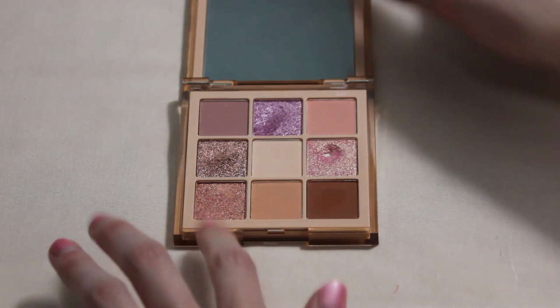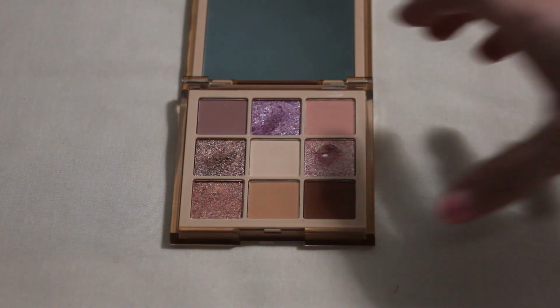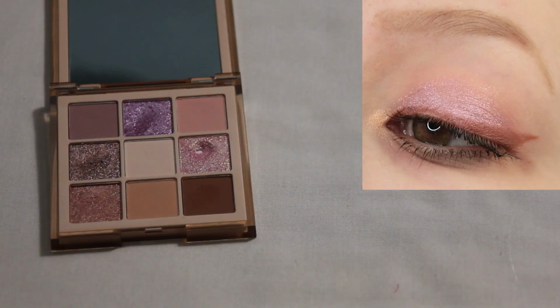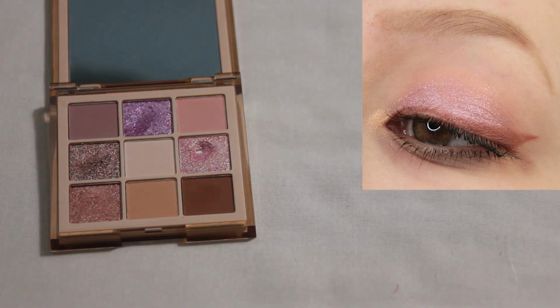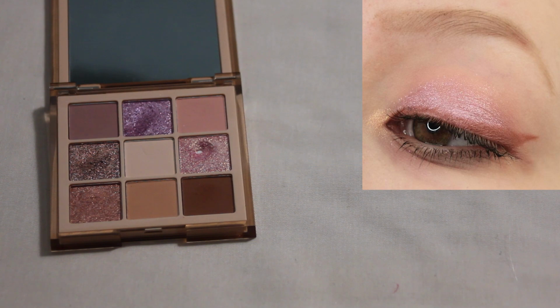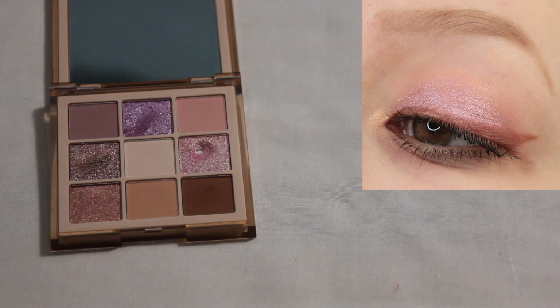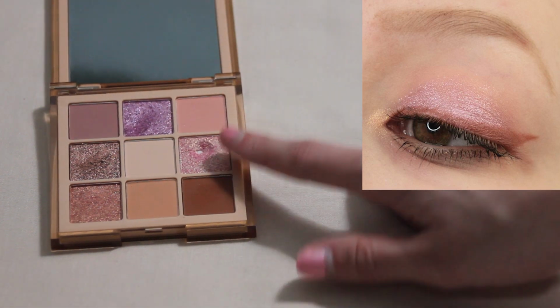So here is what this little cutie looks like on the inside, and I will insert a picture of the look I created. For this look, I took this first shade right here, the matte purple, packed that on my lid and blended it up into the crease, and then I used the matte cream shade to blend out the crease. And then I took this brighter purple shimmer and packed that all over the lid, right on top of that matte shade. I used the dark brown as winged liner and then put this light shimmery pink in my inner corner,